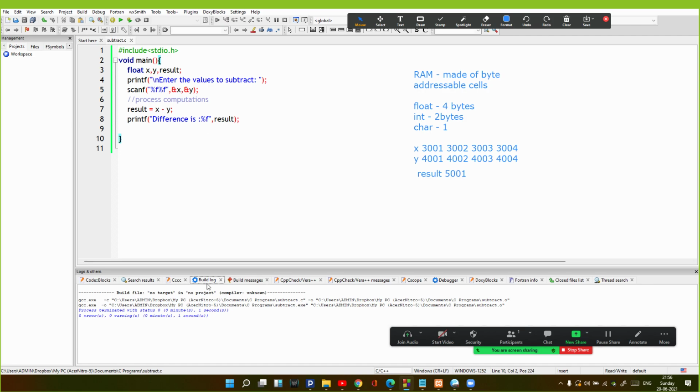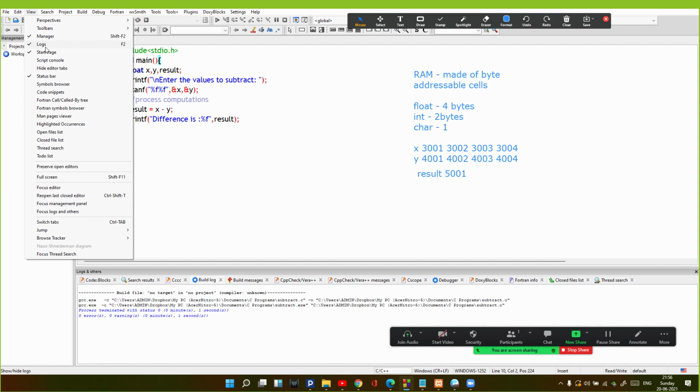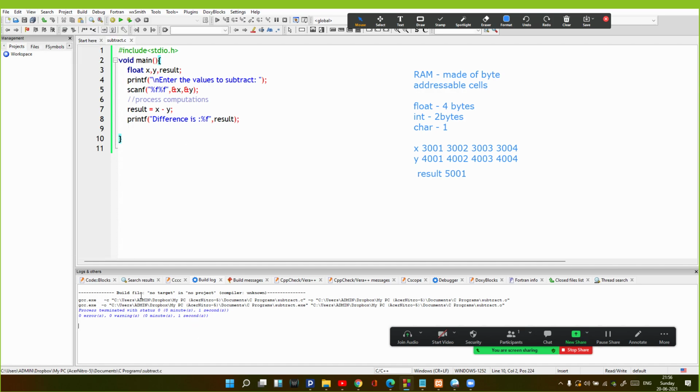In the bottom screen you can see the build log option. So logs and others, you can activate this window using the View option and clicking on Logs, or F2 is the shortcut. You can see that the program is compiled properly because there are no errors and no warnings. So compilation is complete, and the compiler used is gcc.exe.